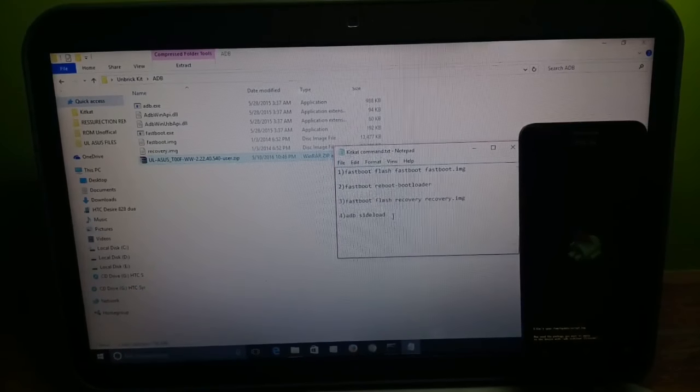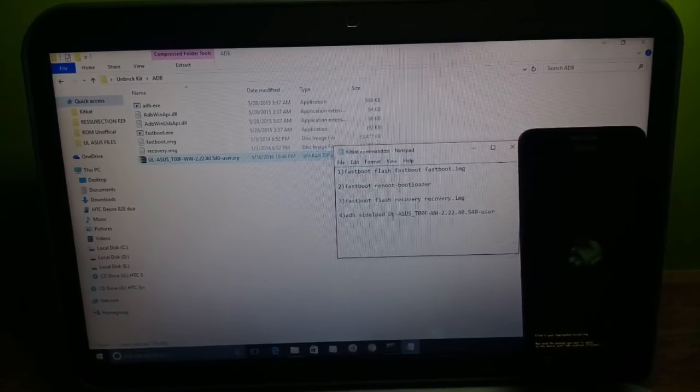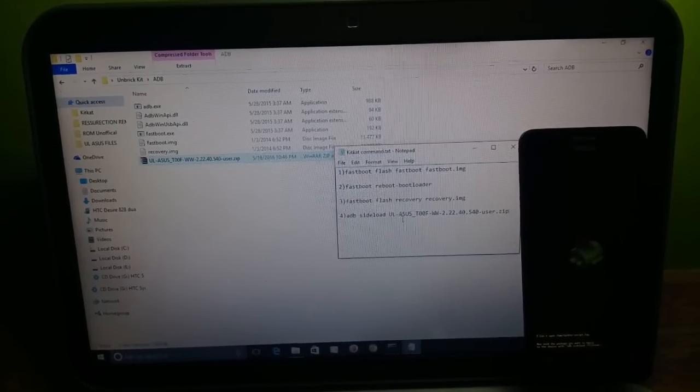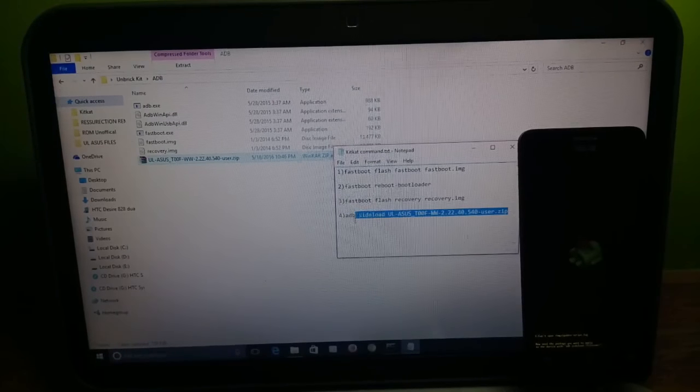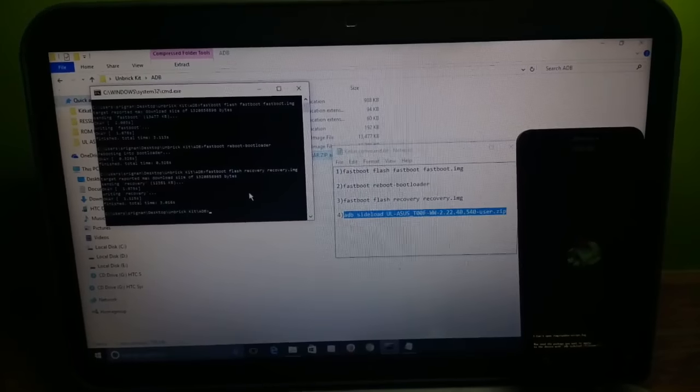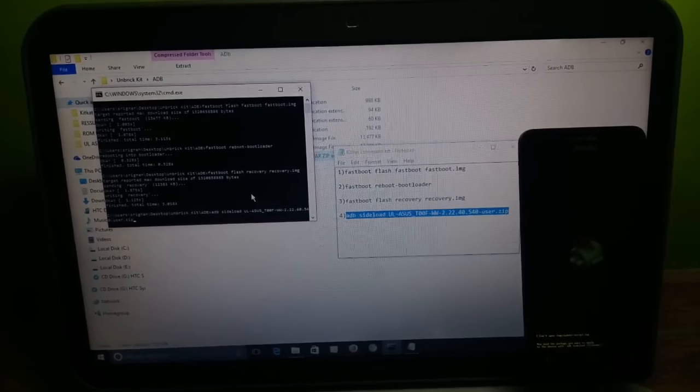Copy it and paste it over here, and in the end we need to add the .zip. So now copy the fourth command and paste it in the command window and press enter.